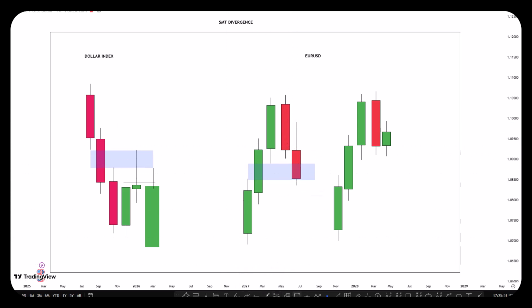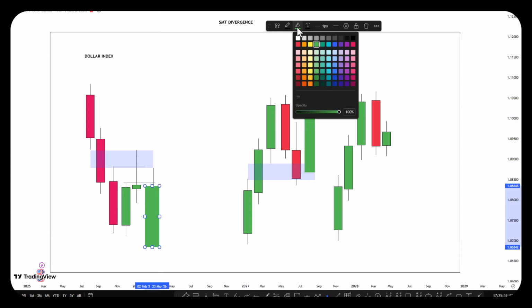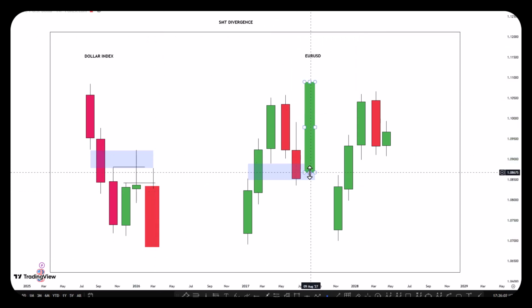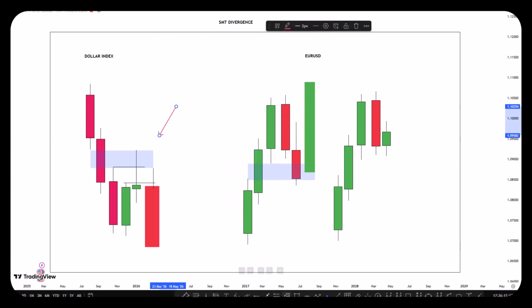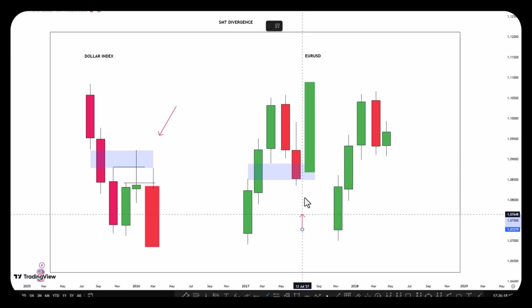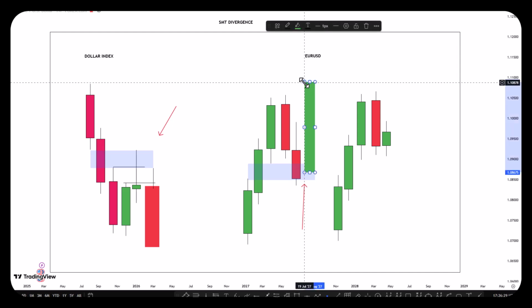So the same here, you have to immediately expect to see a bullish candle. Of course, on the dollar index it must be a red color bearish candle. So here we're going to see a bullish candle going higher immediately from this area, because the dollar index has already confirmed a move to the downside. So the same here, you immediately expect a move to the upside. Since this is case number 1, we have got a rejection, but here there is no rejection. Case number 2, or scenario number 2,